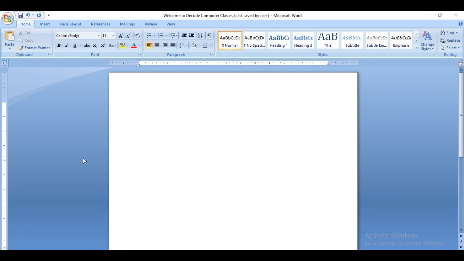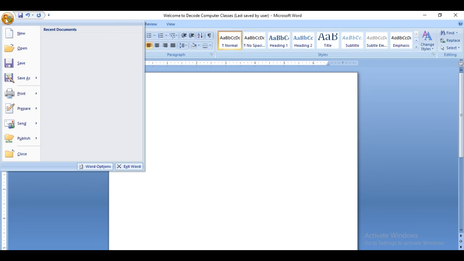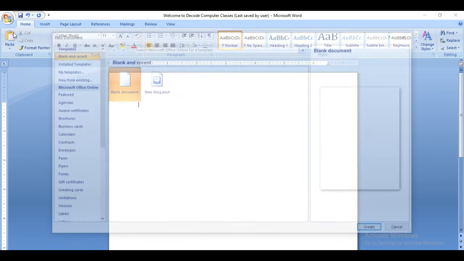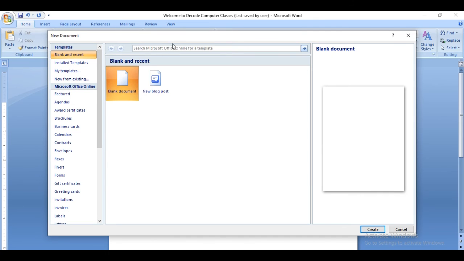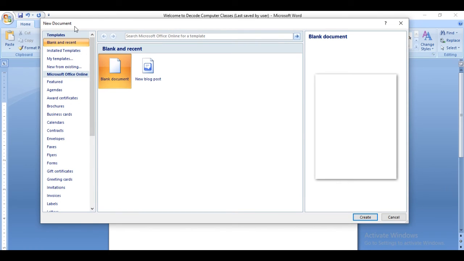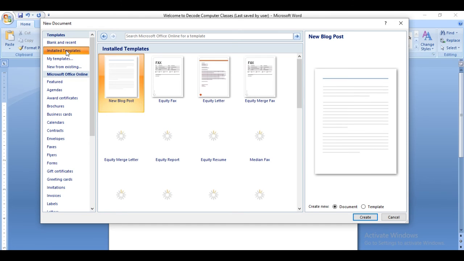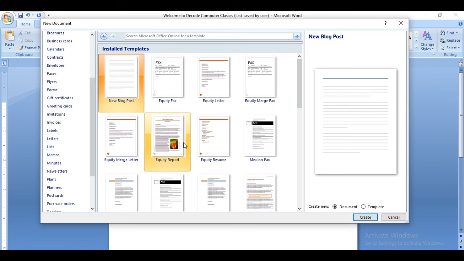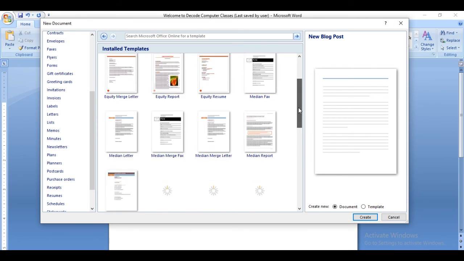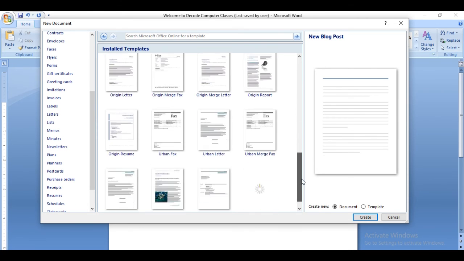So let's see here. First go to the office button, click here, and you see a new option. Click on this new option. This dialog box appears, and here you see the option install templates. When you click on install templates, it shows you many pre-designed templates.